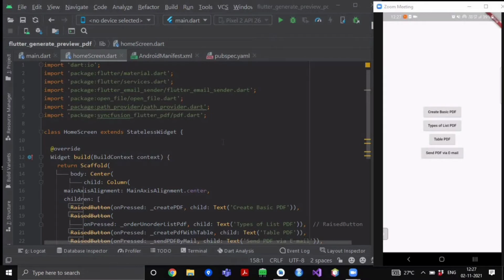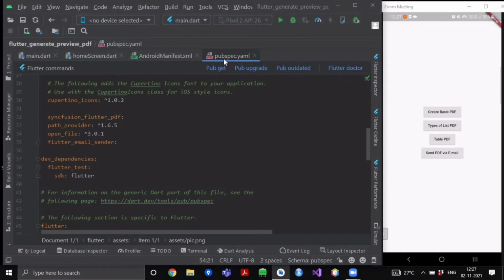So in this video we are going to learn how you can create and generate PDFs and save them in your device, as well as after saving them how you can preview it on your device as well. So let's get started. Now first of all, go to your pubspec.yaml file and over here,